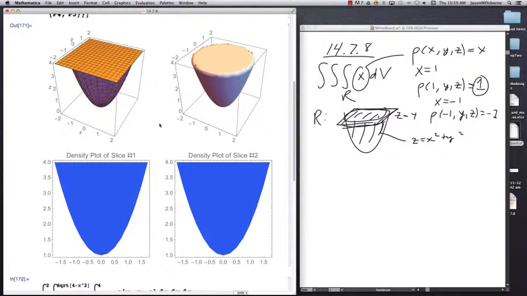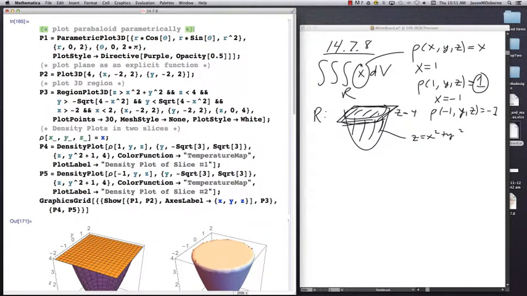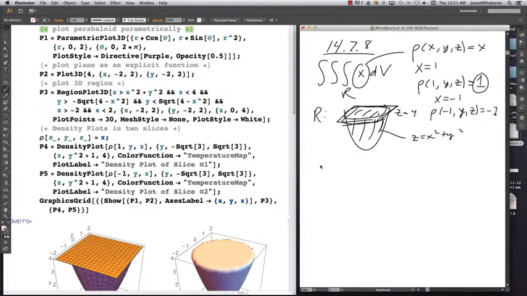The code that I used to generate this for this problem is the following. I will let you pause this video at this point to get all this code typed in so you can see what's going on. The first thing I want to talk about is this plot here. I'm plotting the paraboloid in parametric form. The reason I'm plotting it in parametric form is because this problem, section 14.7, asks us